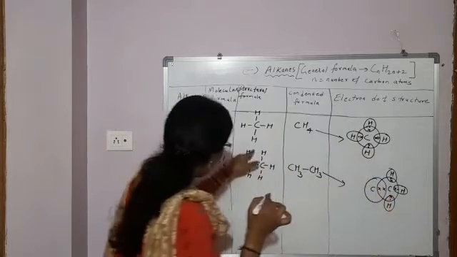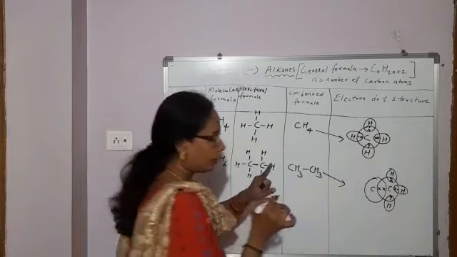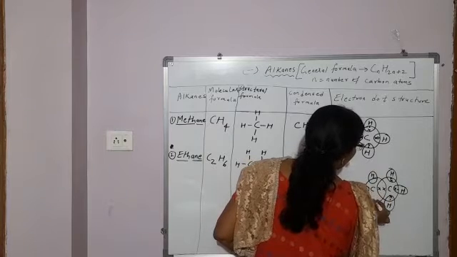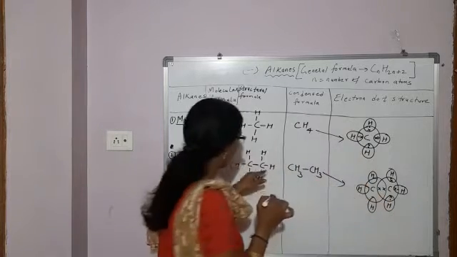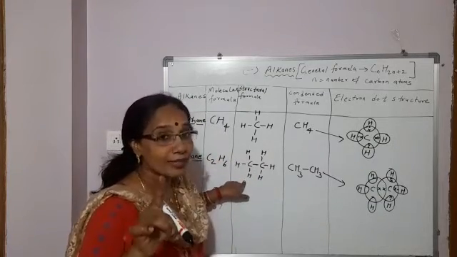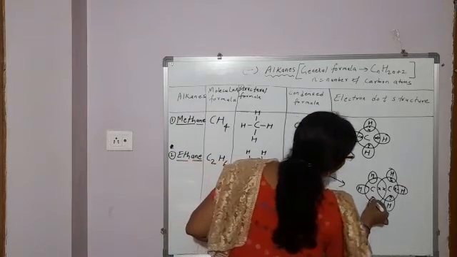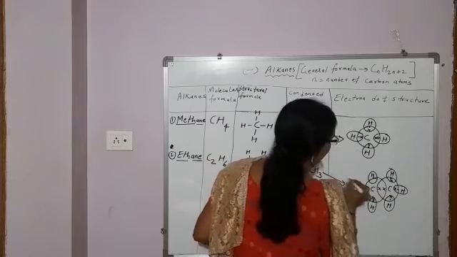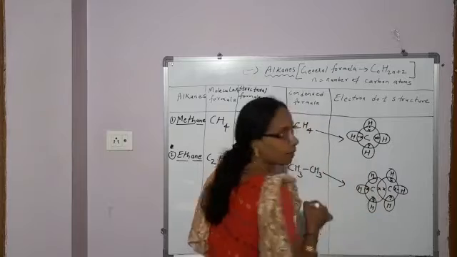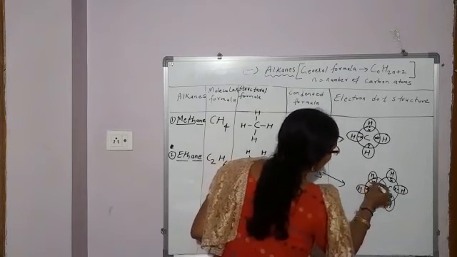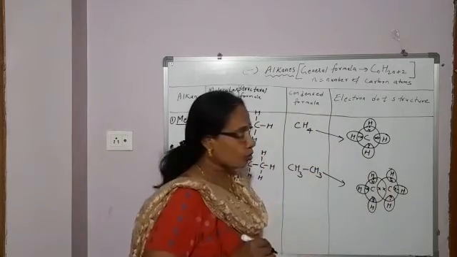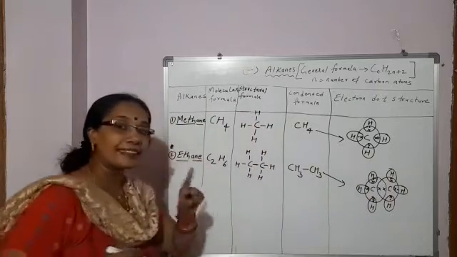And this carbon is again linked to 3 hydrogen atoms through single bond. So you overlap 3 orbitals of hydrogen, write H, and then between carbon and hydrogen single bond means one pair of electrons. One pair means two electrons. So one electron of carbon and one electron of hydrogen. The electron of carbon you show by cross and the electron of hydrogen by dot. Again here the electron of carbon by cross and the electron of hydrogen by dot. Okay, so this is the electron dot structure for ethane.